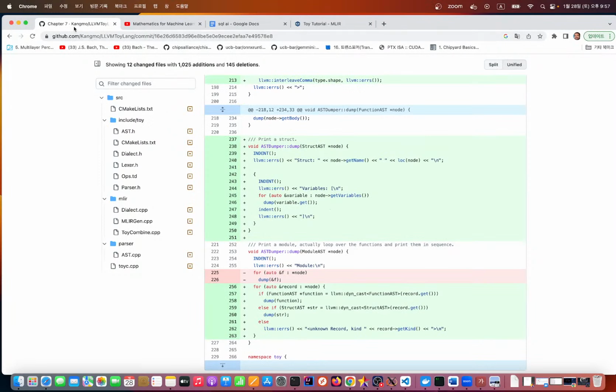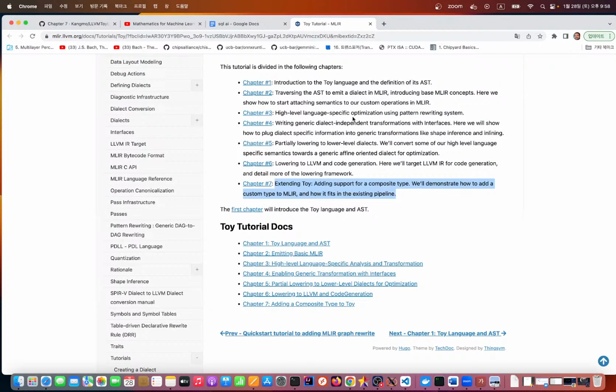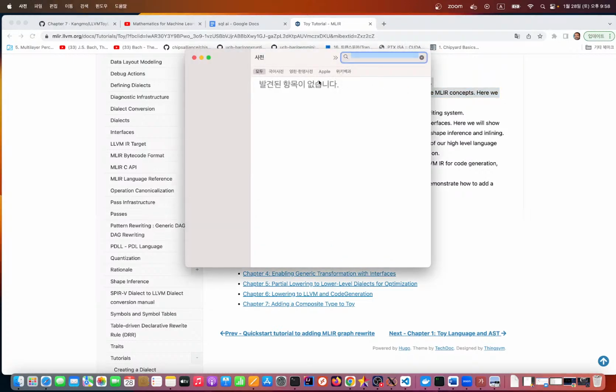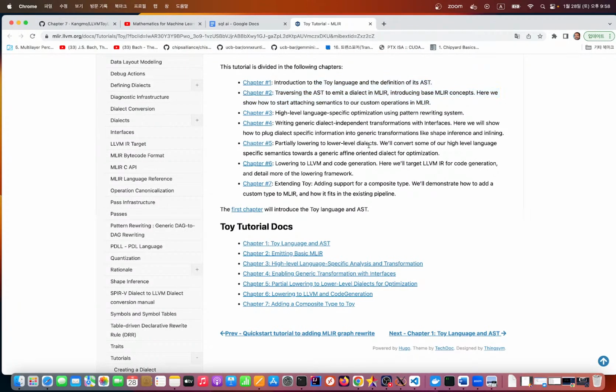Okay, I think I have to read all of these chapters in the toy tutorial and then come back again with live coding. Right now I do not understand anything except the first and second chapter. So I'll come back maybe